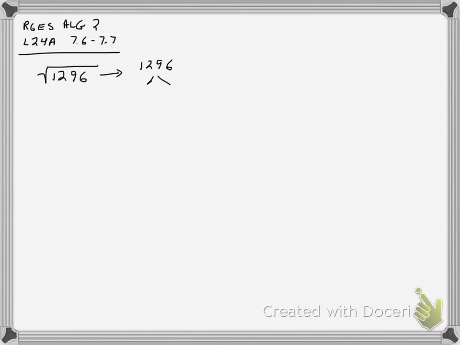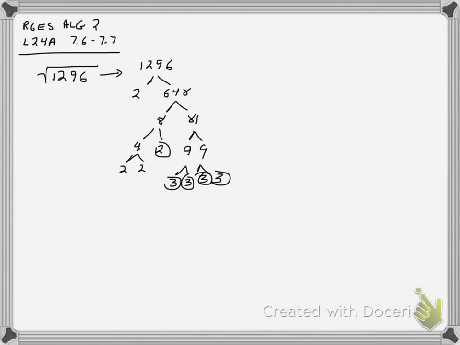method. I see that a 2 goes into that, and it goes in 648. I see that an 8 goes into that, 81. So now I'll break my 81 down into 9 and 9, into 3 and 3, this is prime, 3 and 3, 2 more primes. 8 is 4 times 2, prime, 4 is 2 times 2, and another 2. So what did I end up with? This ends up being 2 to the 4th times 3 to the 4th,